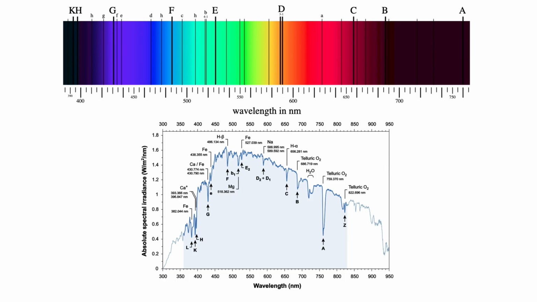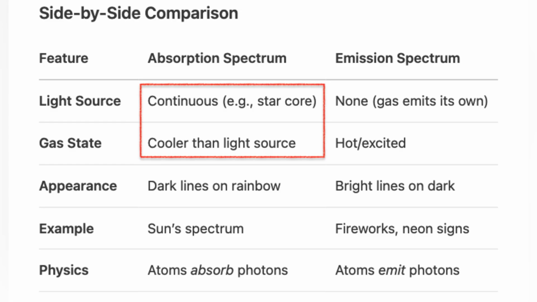The sun's spectrum provides the classic example with its distinctive Fraunhofer lines, dark absences at the wavelengths characteristic of hydrogen, sodium, calcium, and other elements in its outer atmosphere. Crucially, absorption requires two components: a hot source generating continuous light and a cooler gas positioned between the source and